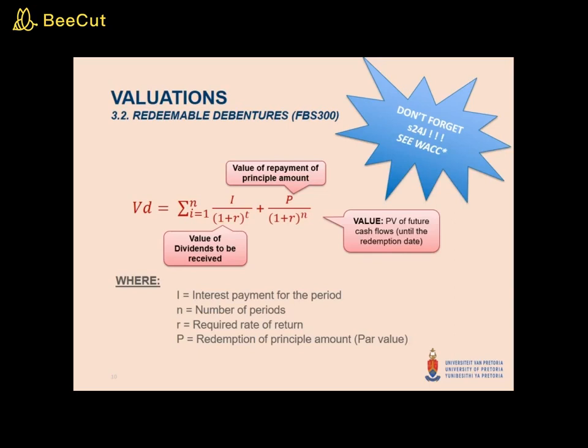If the instrument is already in existence and you've got a certain rate for that particular instrument, and the market rate that is given in the scenario differs, then you can simply use the market rate. But you then need to determine the market or the trading value of that particular instrument by going through the exercise. That would represent the valuation that we're talking about here. And that value would then be used in your weighted average cost of capital structure.